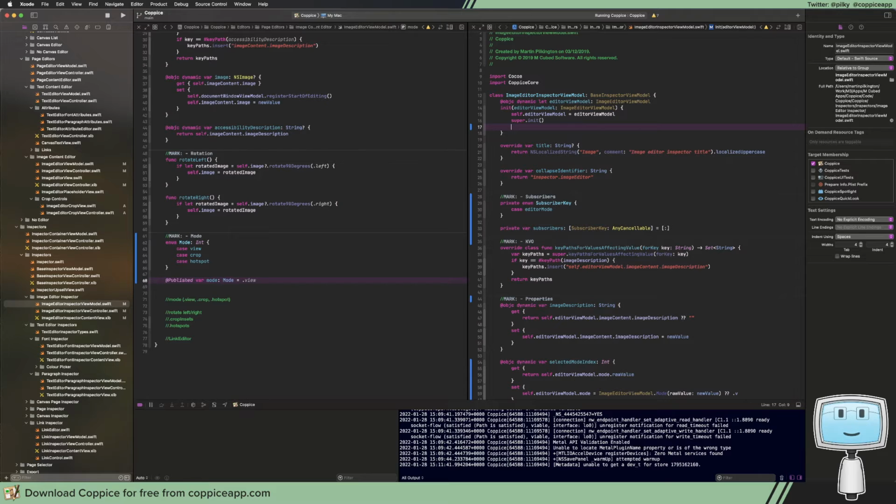What we want to do is editor viewModel dot dollar mode dot, thing actually